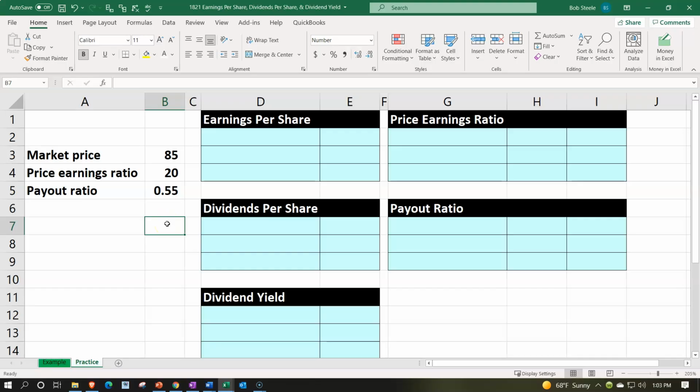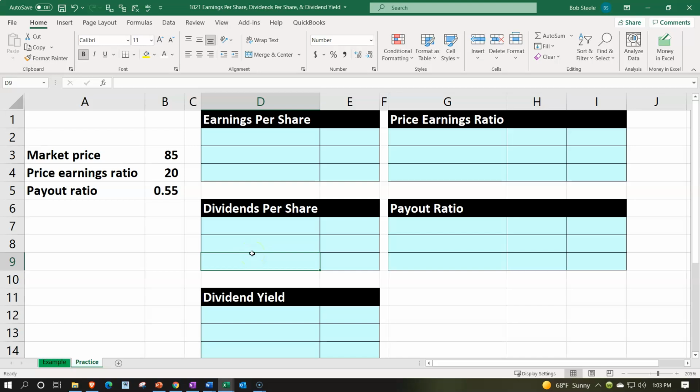Here we are in our Excel worksheet. If you have access to the Excel worksheet and would like to follow along, note that we're in the practice tab as opposed to the example tab. The example tab in essence is an answer key. We have the information on the left-hand side. We're going to populate that into the blue area on the right-hand side, calculating earnings per share, dividends per share,